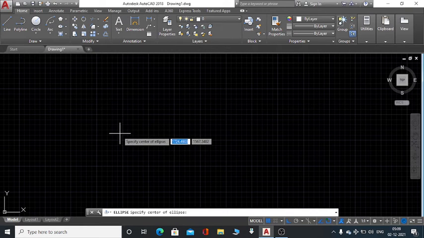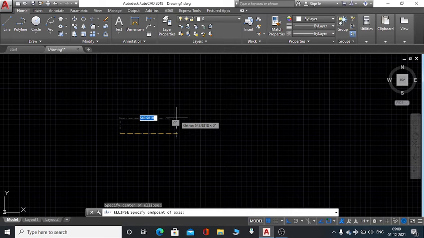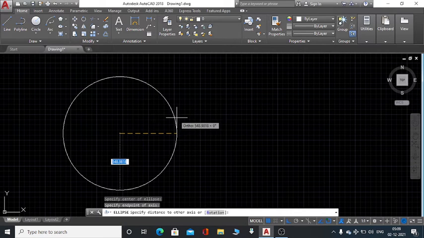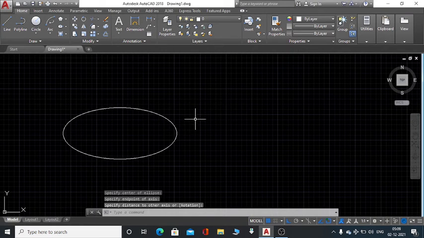Now center, specify the center of ellipse. End point of ellipse. Next, in this rotation, this will create.